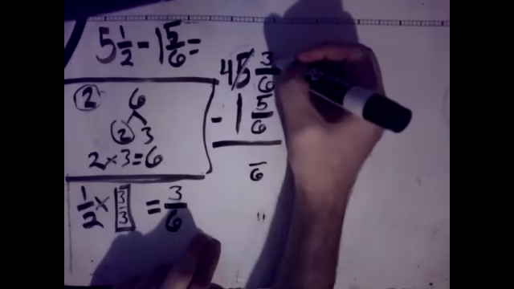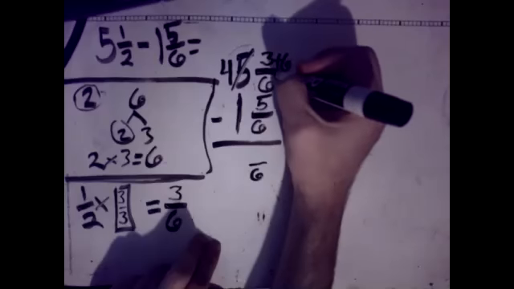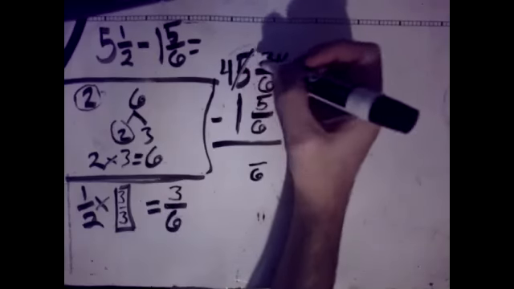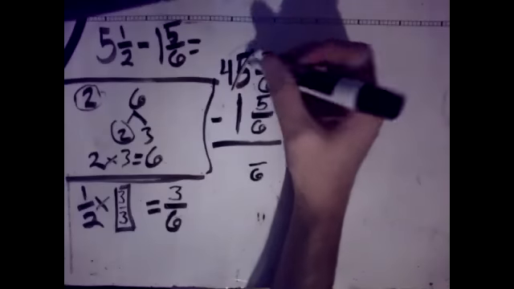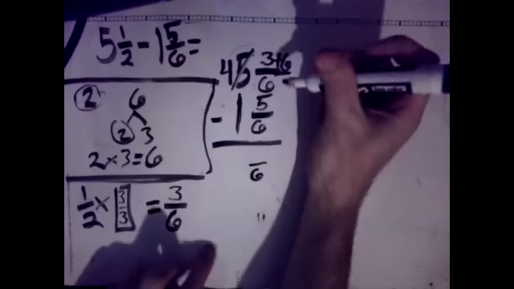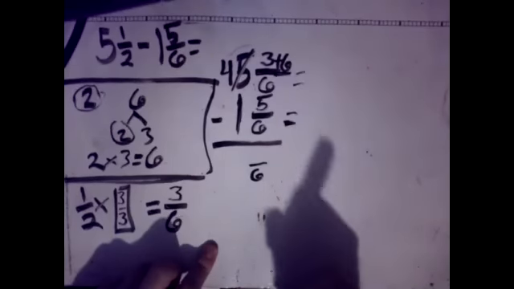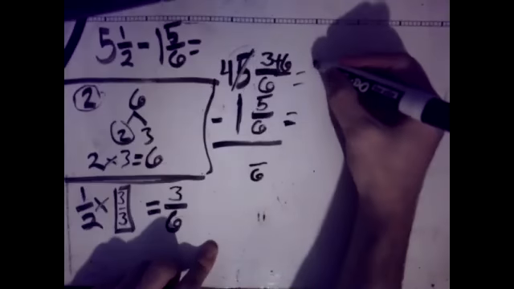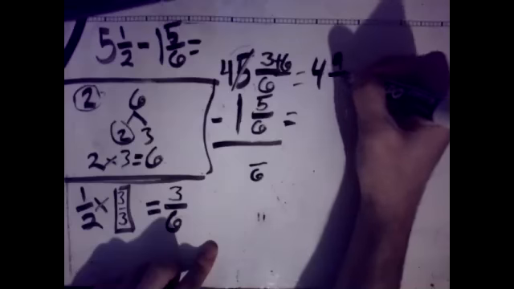And I'm going to add in 6/6, 1 whole. So 4 plus 6/6 is the same as my 5. And so now I'm going to rewrite my subtraction over here and say 4 and 9/6